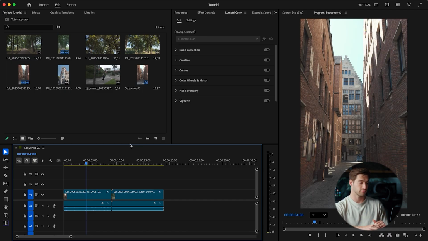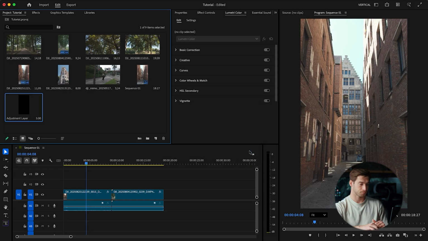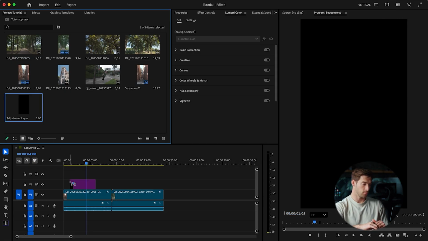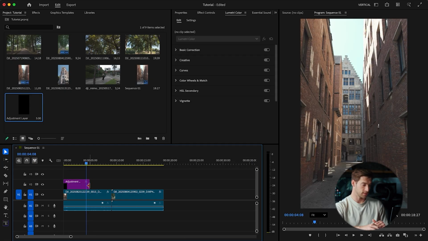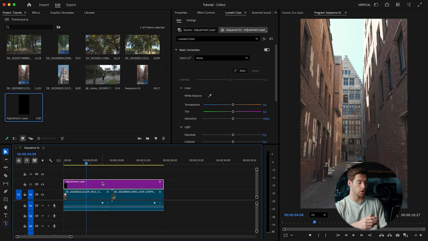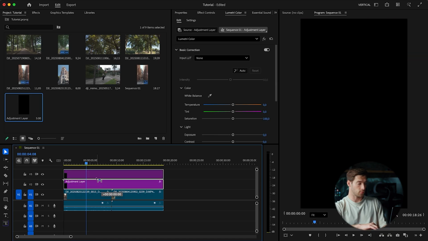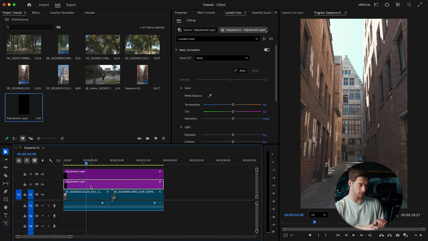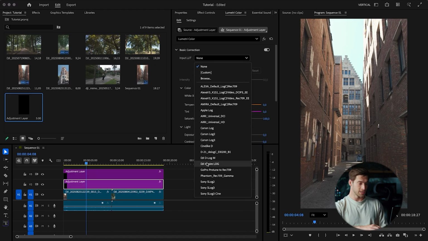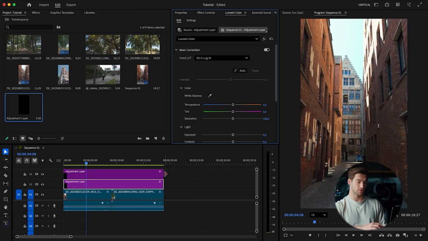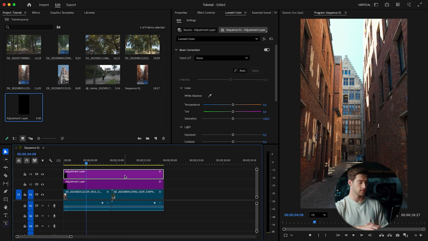apply our creative looks. For that, we're going to make a new item and choose Adjustment Layer. And we're just going to drag it on our timeline and extend it to fit both clips since both are DLOG-M. Once you've made that first adjustment layer, you can either copy and paste it, or you can select it, hold Option or Alt on Windows and drag one on top. This creates a second adjustment layer. With your first adjustment layer selected, we're going to head over to Basic Corrections, Input LUT, and choose DJI DLOG-M. This converts our footage from DLOG-M to Rec 709 color space,